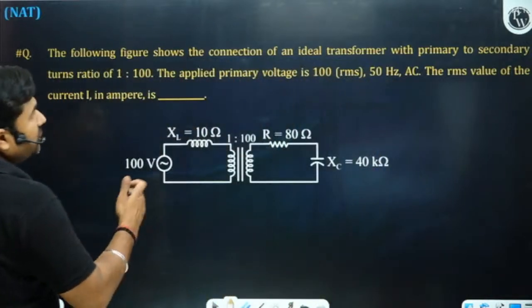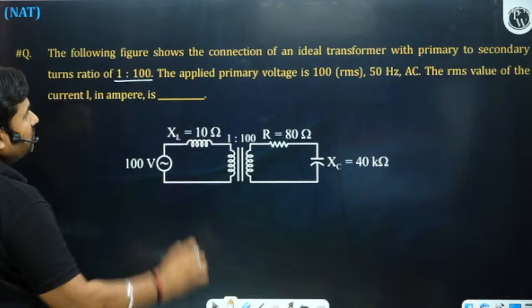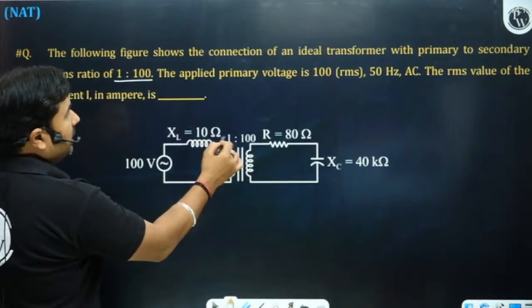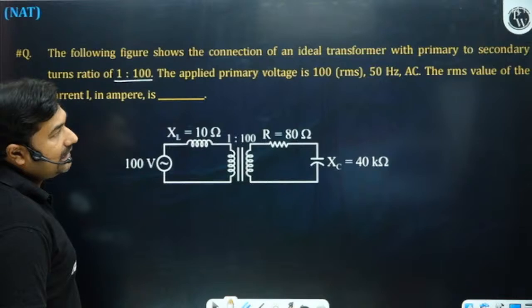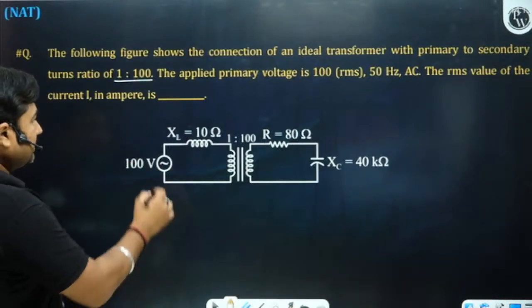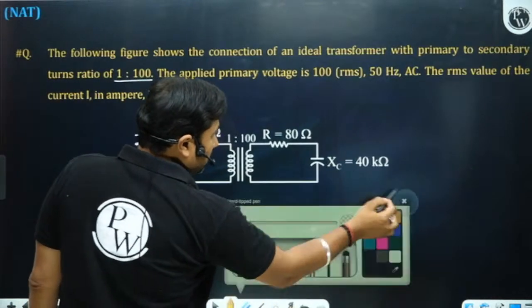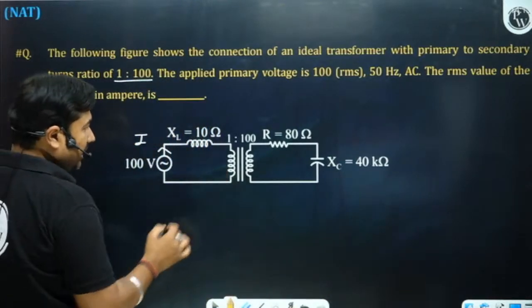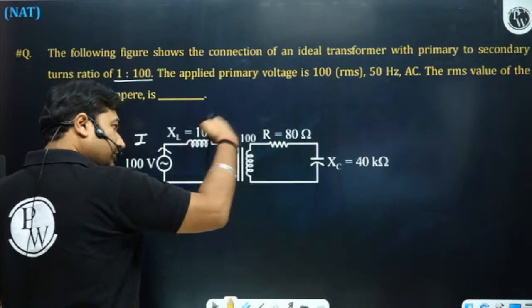The following figure shows a connection of an ideal transformer with a primary to secondary turn ratio of 1:100. The applied primary voltage is 100 volt RMS, 50 Hz AC. The RMS value of the current I in ampere is? You have to find this current I. So you know about the electrical equivalent model. We can refer this to this side. When we refer this to this side, this will become